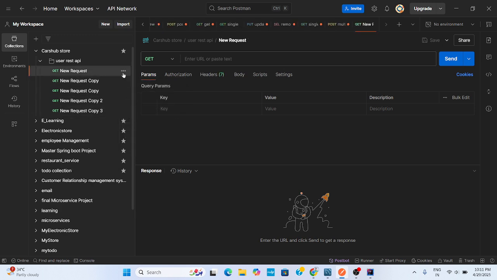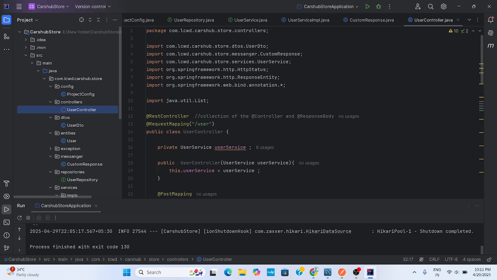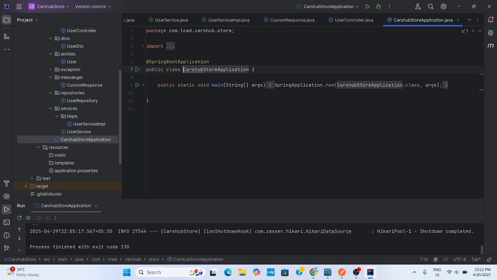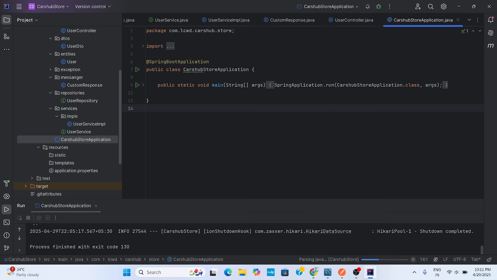We can change the name of the request, for example get single user. Before we execute, go to the Cars app store main class, right click, and run the project.